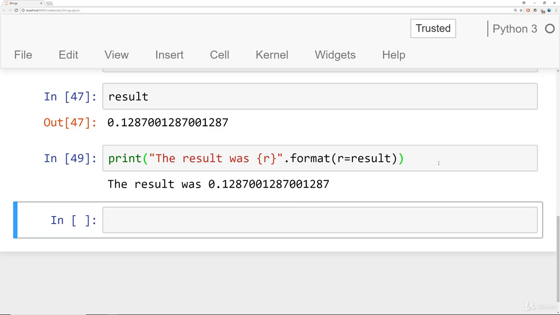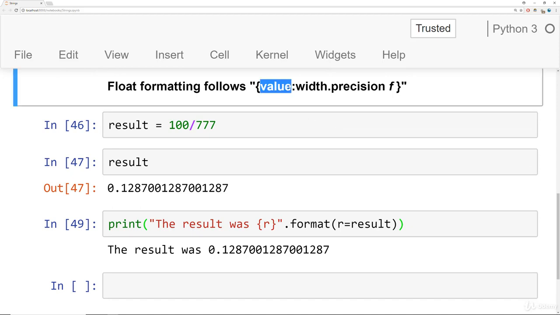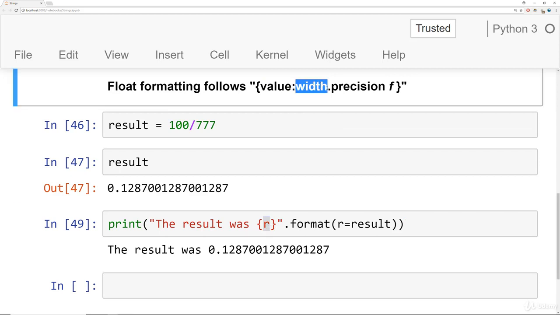So the way the formatting works for float formatting, as far as the .format method, is you pass in the value that you're referring to. So in that case, it's r here. That's the actual value name. Then you write a colon, and then you write in the width value you want, dot, and then the precision value you want, and then an f. And often what you're really going to care about is the actual precision. The width just allows you to add in some white space if you have a really large width value.